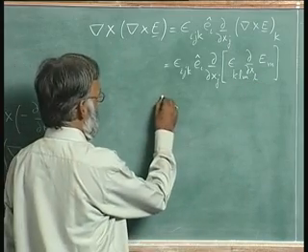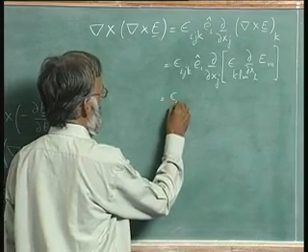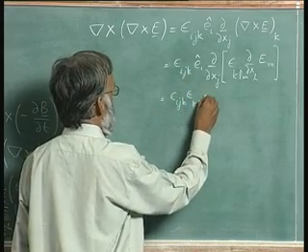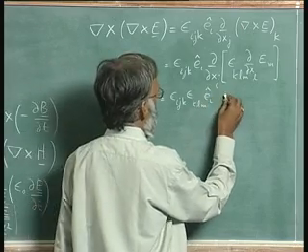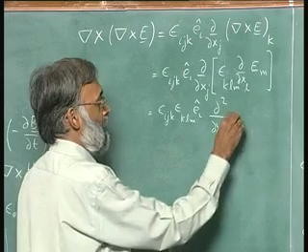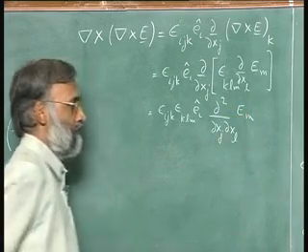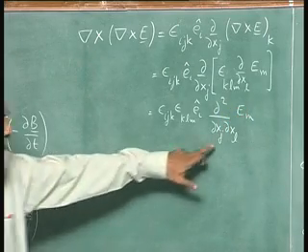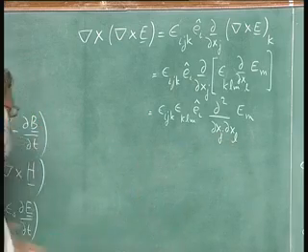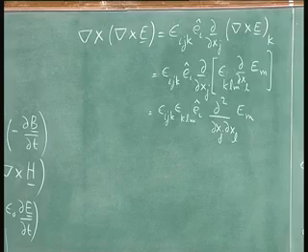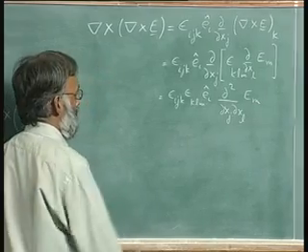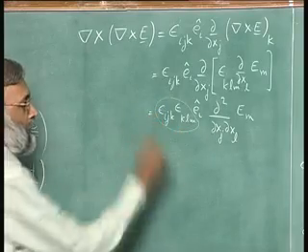So, I can write this out. It is epsilon ijk, epsilon klm, E sub i, and I have del square del x_j del x_l of E_m. If only this j and l were both equal, then this is beginning to look a bit like del squared del z squared of E_x. We have to now work on this piece.